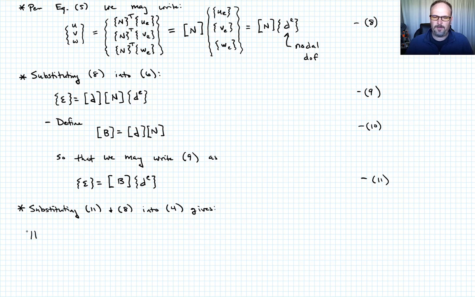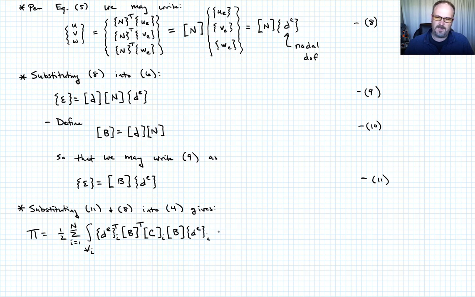When I do that, I end up with pi is equal to 1/2 times the sum from i equals 1 to n of the integral now over Vi, times de transpose, and that's of course for the ith element, times B transpose times whatever the stiffness matrix is, C for the ith element, times B times